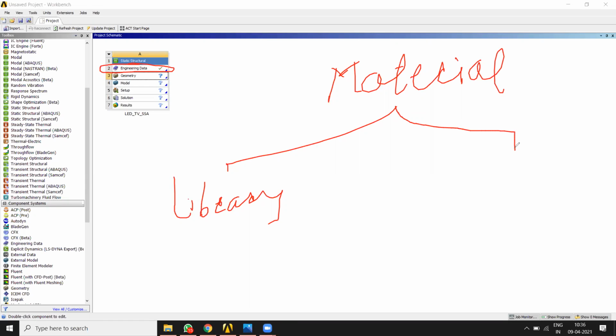Second scenario, your desired material is not available in the library. So how to prepare a new material model? Okay, both tasks are very easy, don't worry. I'll show you both things: how to call from the library and how to create a new model. So let's understand this process now.